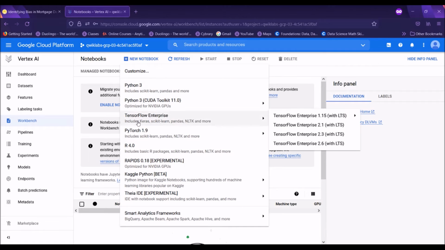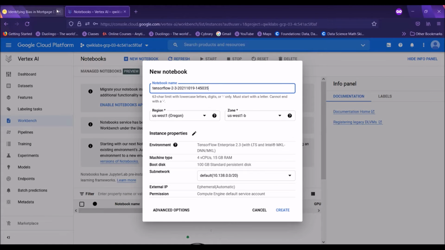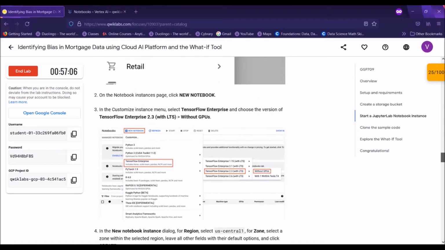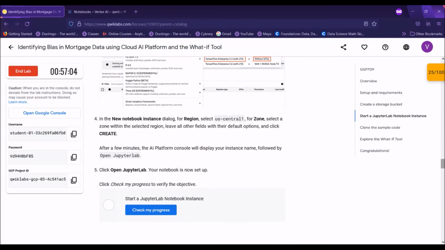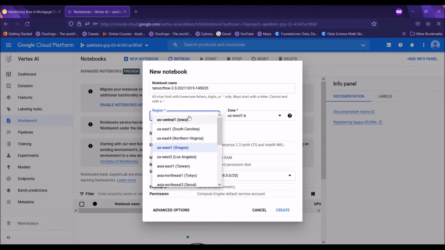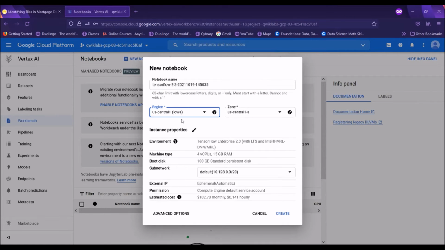Create new notebook, and as we knew, TensorFlow Enterprise 2.3 without GPUs. We will change the region to US Central 1, so US Central 1, and we can simply create.